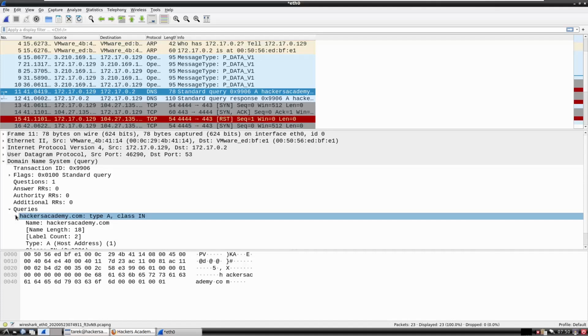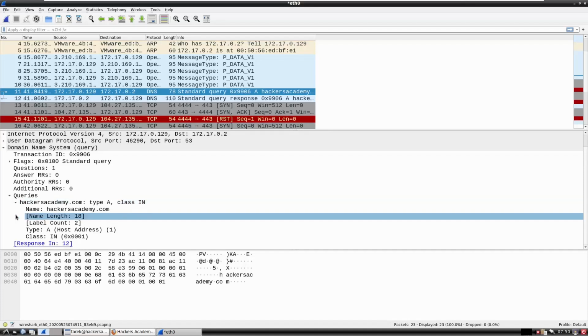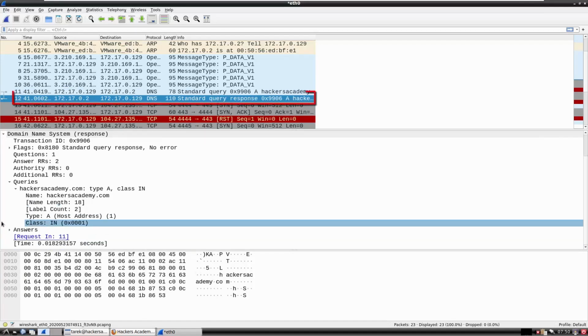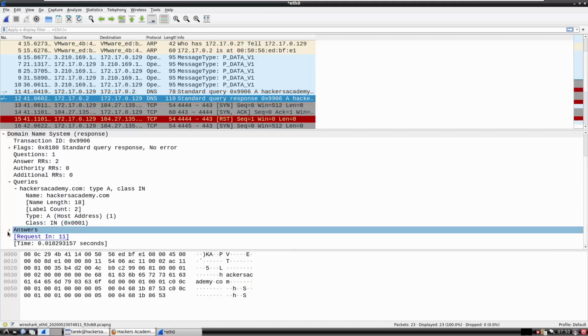hackersacademy.com. So where is hackersacademy.com? What's the address of hackersacademy.com? You'll notice that there's a response in packet number 12. So Wireshark is intelligent enough to connect the dots. If I double click on the response, that will automatically take me to packet number 12. I can scroll down to the answers and I can see in the answer that the DNS query returned the